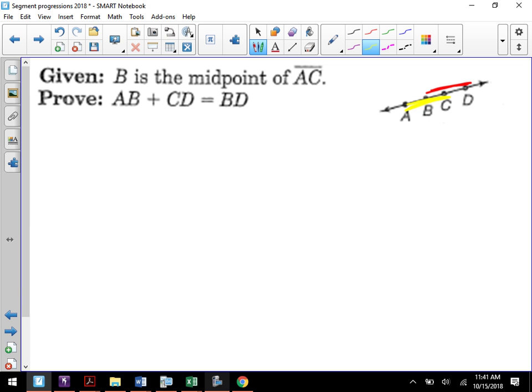Segment AC is this guy right here. Segment BD is this guy. What do those two segments have in common? BC. That BC is in both of them. Okay? That's what I mean by looking at what they share, because we have to figure out how do we talk about some of the overlaps. Right? So if we go back to the original, where we were given